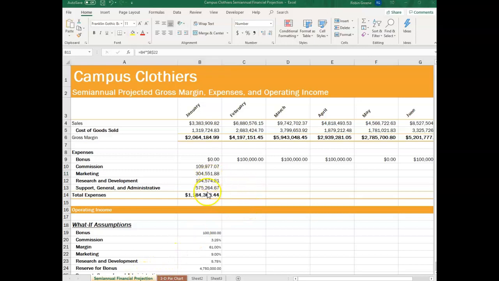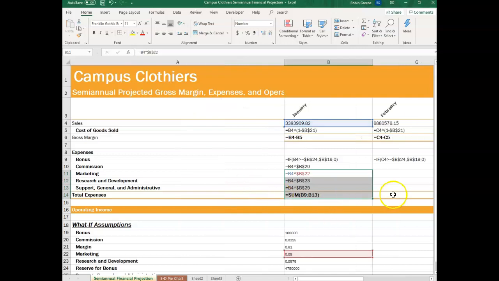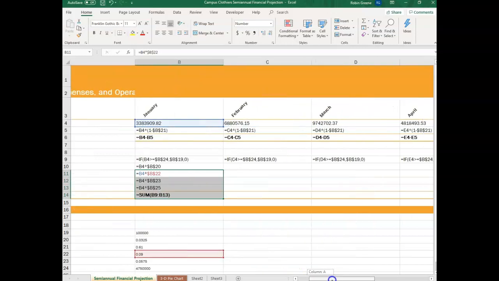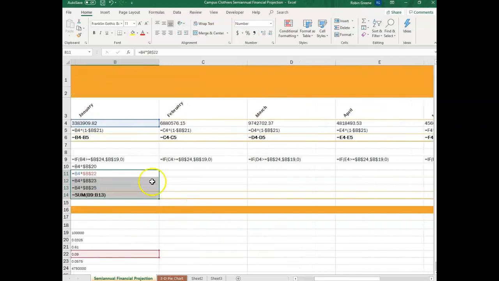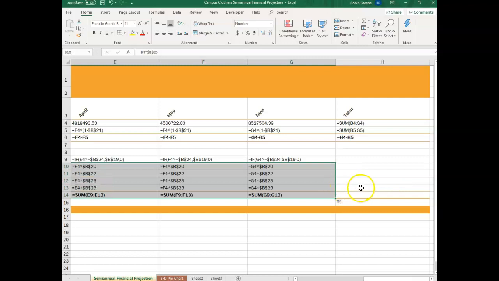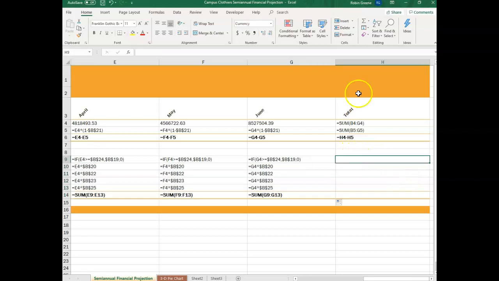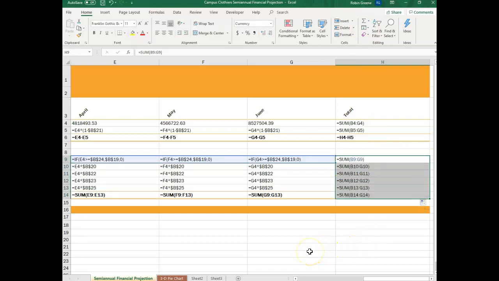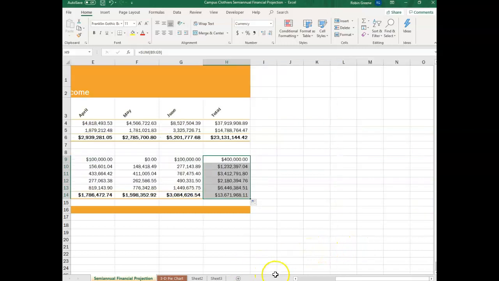So now that I have them filled in, you can see that with my control tilde, that these are all my formulas. And then I can go ahead and just do them once and fill them all the way across. So I could have done that with my if statement as well. So as I fill them April to June, you can see that that works quite well. And then of course do my sum for here very quickly, enter, and fill that down. And then control tilde back, and you can see then those